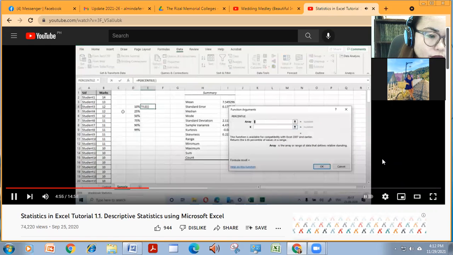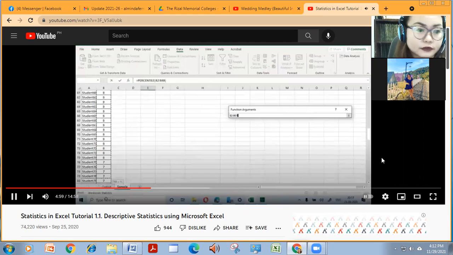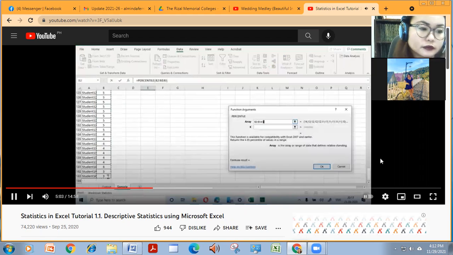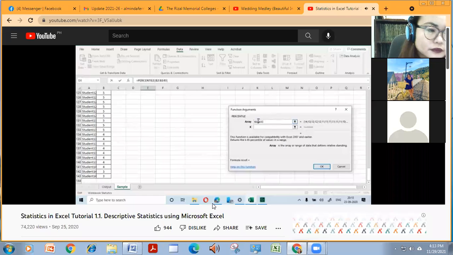So just choose the data. Don't choose the header. Just choose the data all the way down. We want to summarize marks. So I have 142 students, the first row being a header. Just make sure you put a dollar sign here so that there is an opportunity to fix the range. Let me just type the dollars here.